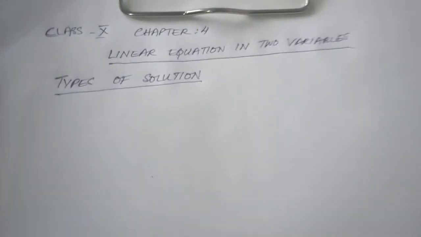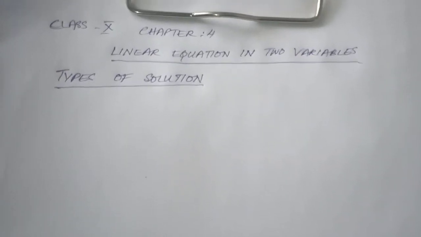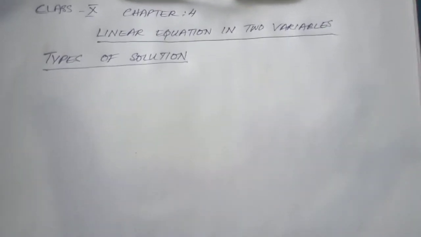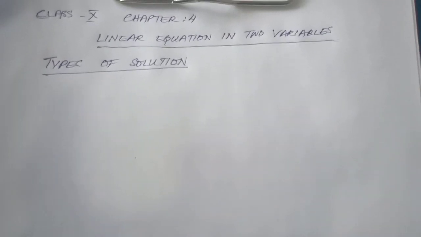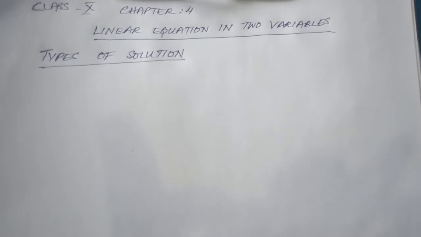Before we move on to the graph, first of all, let's write down the different types of solution we can have in a linear equation in two variables. I will be giving you the formula that you have to learn by heart. You have to be very clear with it. I will explain using some lines as well. So the first one is